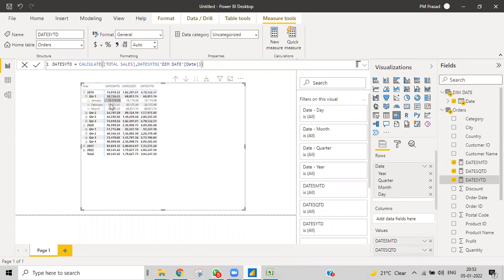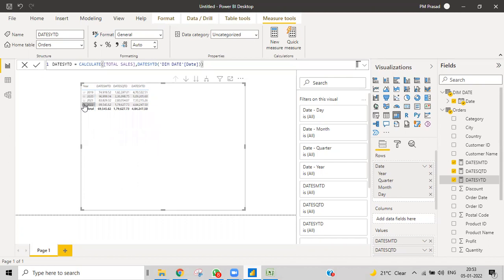Here, it is showing all three, not only these three, but going beyond that. All the quarters it will add, then it will show over here. 2019. That's how it happens. You can see that and understand.